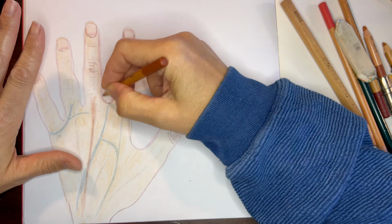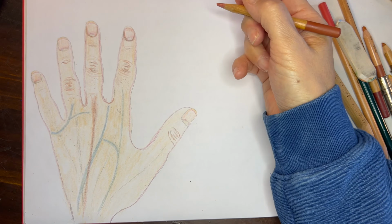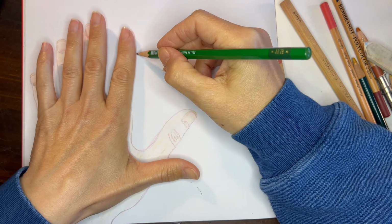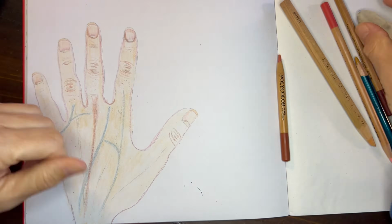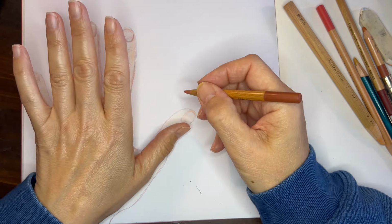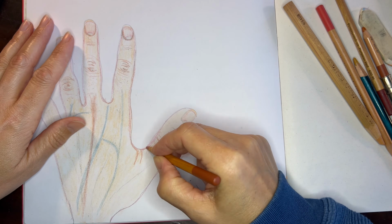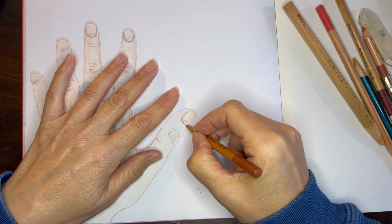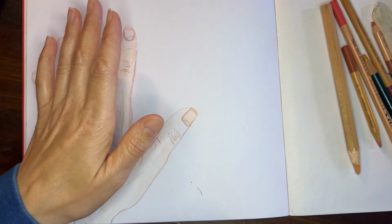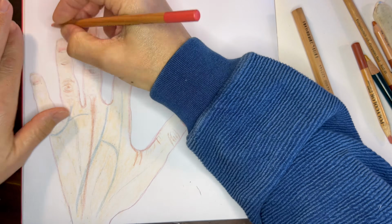then the fat, the very small fat deposits, that's more like on the palm of your hand, like underneath your thumb. And then the bones that you can feel through, that I was trying to draw. If you flex your fingers, you can sort of see those bones or tendons and ligaments, and I apologize for not naming them correctly at the moment. We're still learning ourselves, but I wanted to include as many of those details as possible as part of this